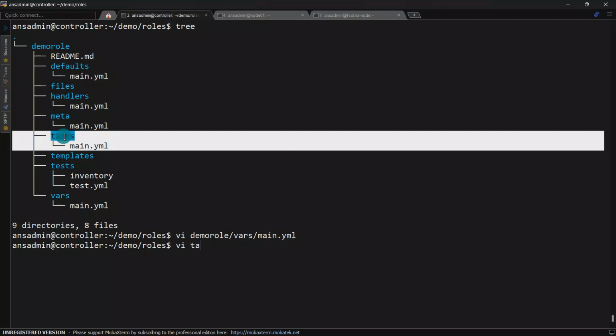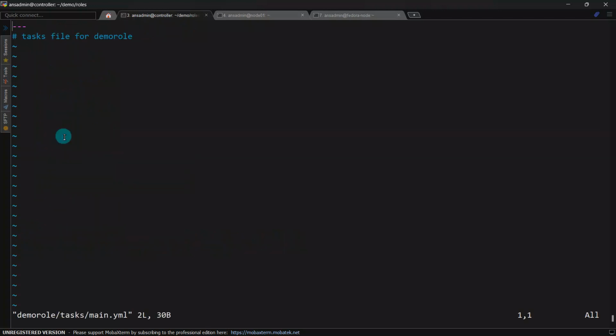Okay, so I'm opening this tasks main.yaml. So let's write the task name, task to debug code, and let's say I'm going to write message as